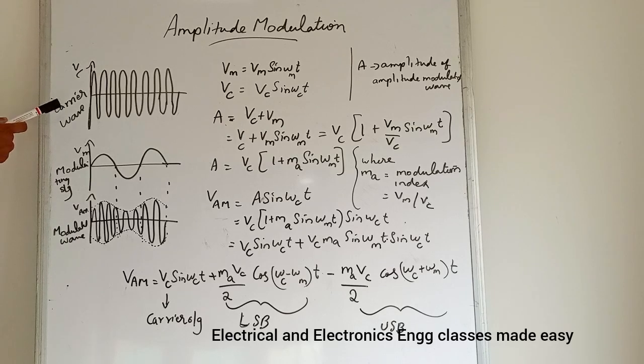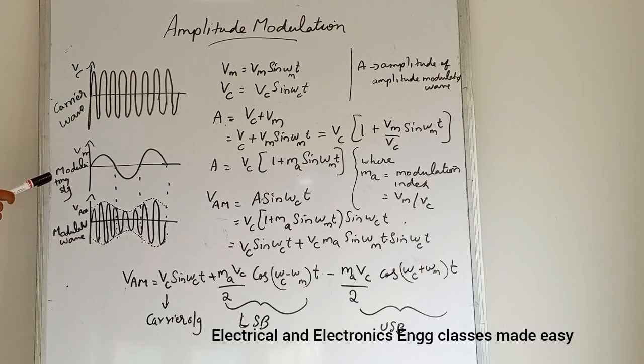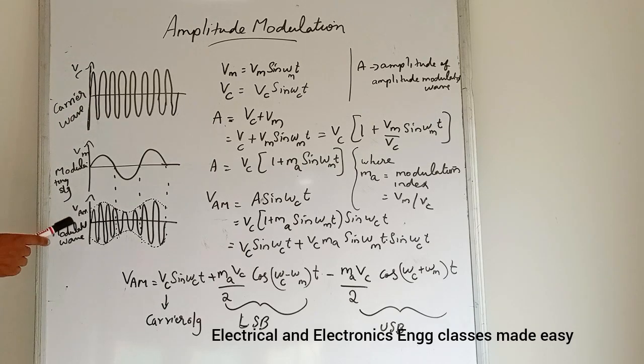So, carrier wave means it is the wave of constant frequency and amplitude, and modulating signal means it contains the information to be transmitted, and the modulating signal may be audio signal, video signal or any digital signal, and this is the modulated wave. So, this is in the case of amplitude modulation. Here the amplitude of the carrier wave is varied in accordance with the instantaneous value of the modulating signal, keeping its frequency and